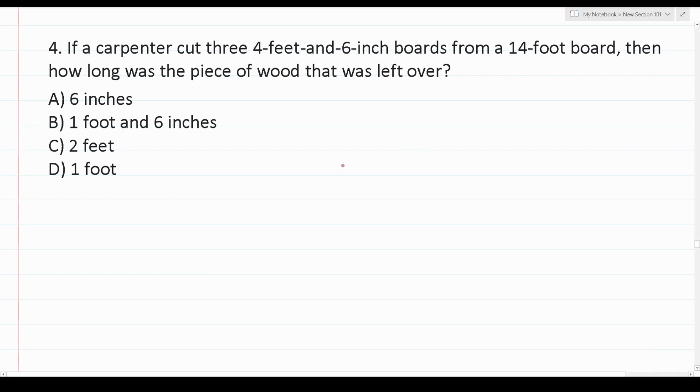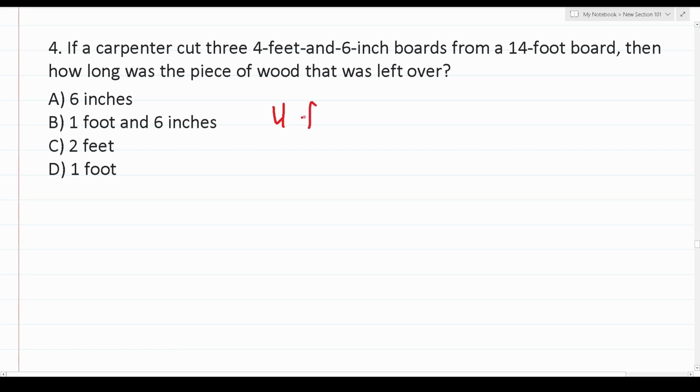Number 4 says, if a carpenter cut 3 4-feet and 6-inch boards from a 14-foot board, then how long was the piece of wood that was left over? All right, so the first thing we have to figure out is how many feet and inches these 3 4-feet and 6-inch boards are. So we're going to have to take